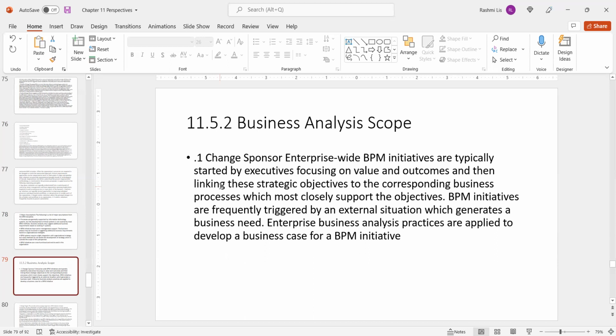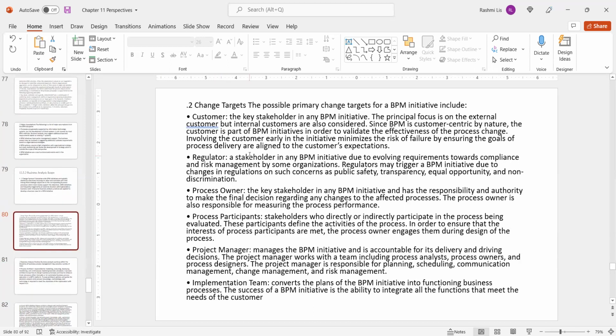BPM initiatives are frequently triggered by an external situation which generates a business need. Enterprise business analysis practices are applied to develop a business case for a BPM initiative. Change targets. The possible primary change targets for a BPM initiative may include a customer, the key stakeholder in any BPM initiative. The principal focus is on the external customer, but the internal customers are also considered. Since BPM is customer-centric by nature, the customer is part of the BPM initiative in order to validate the effectiveness